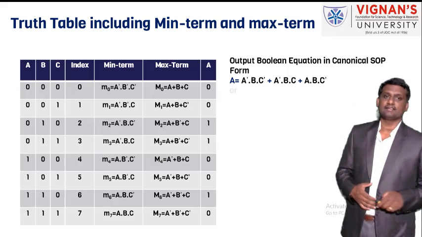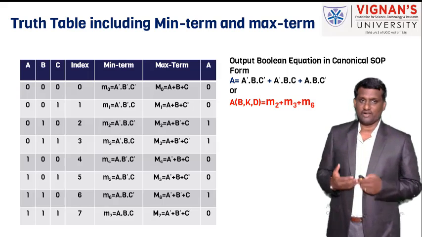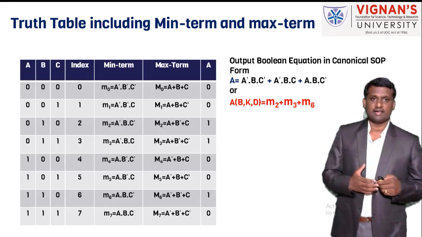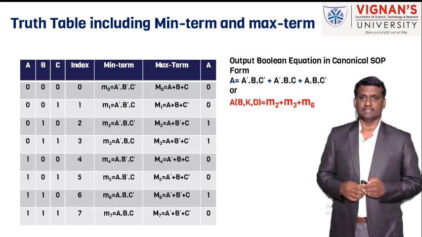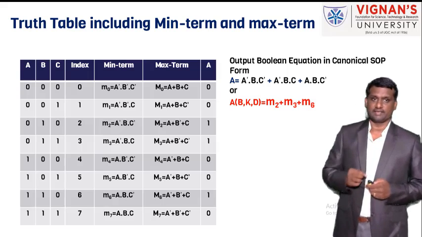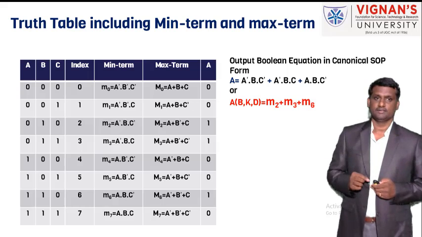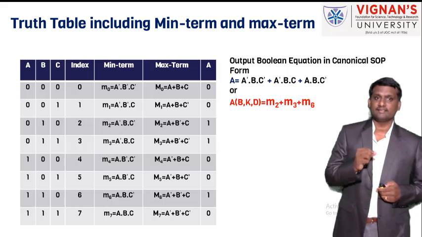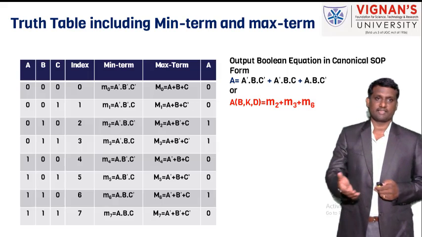And representing it in terms of expression format, that is min term format, we can also call A bar, B, C bar a min term small m2. I have shown that in the truth table also. And A bar, B, C is also called small m3. Small m represents min term. Similarly, A, B, C bar is also called min term m6 because its equivalent decimal is 6. That's why this is another form of representation of SOP.